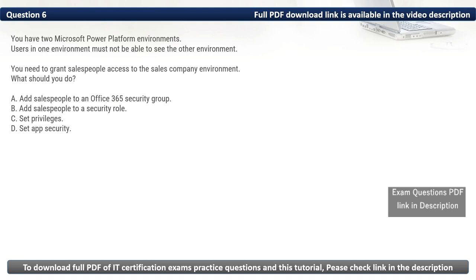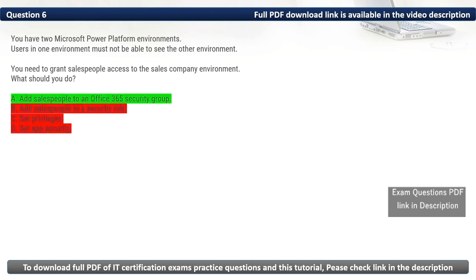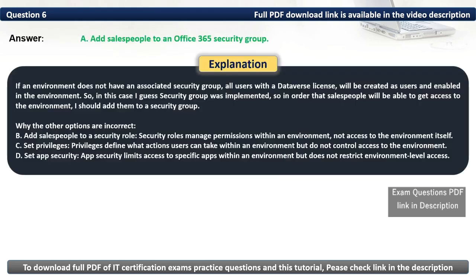As such, we should, based on the question, add salespeople to an Office 365 security group. Thus, the correct option is A. If an environment does not have an associated security group, all users with a Dataverse license will be created as users and enabled in the environment. So, in this case, I guess a security group was implemented. So, in order that salespeople will be able to get access to the environment, I should add them to a